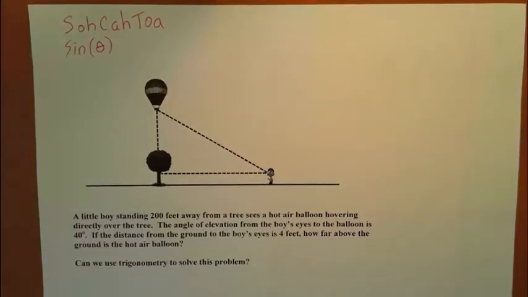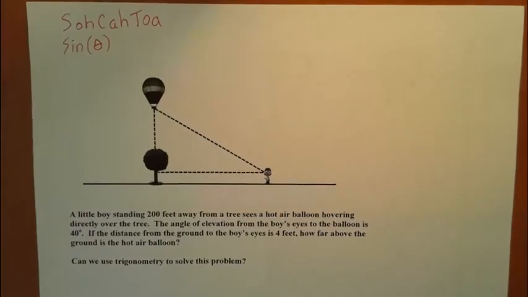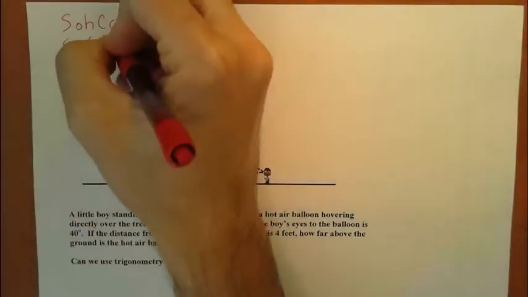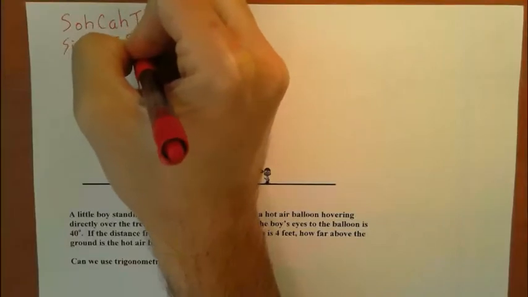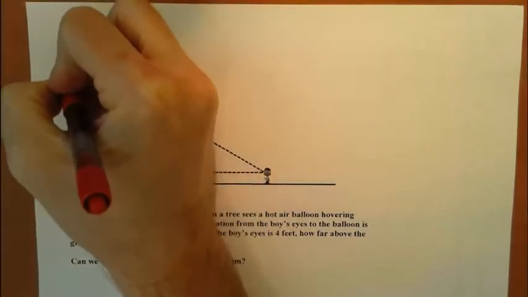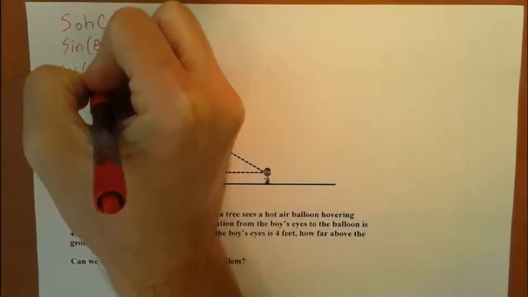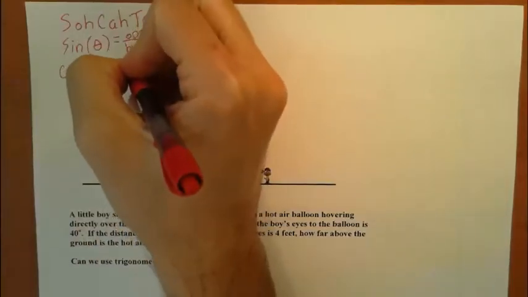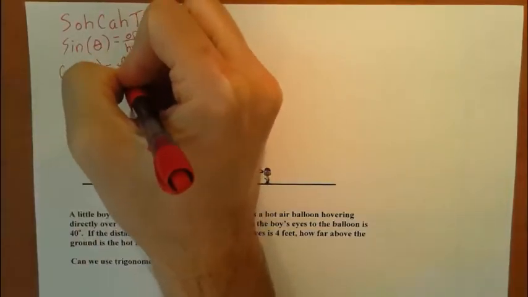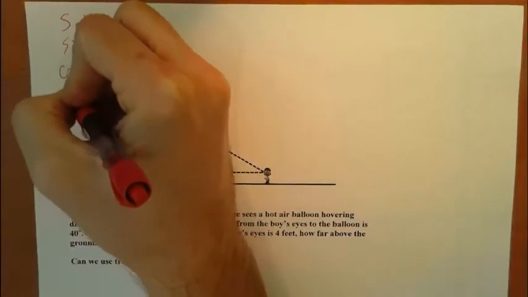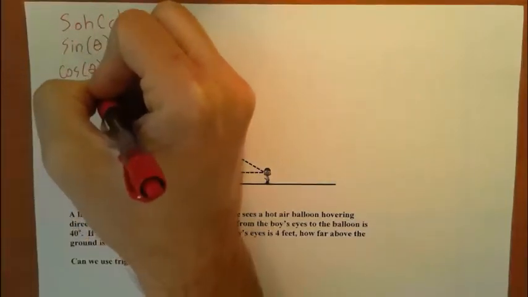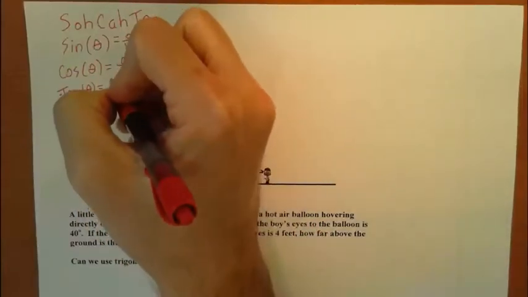And we can have that equal to opposite over hypotenuse. Cosine of theta is going to be adjacent over hypotenuse, and tangent of theta is going to be equal to opposite